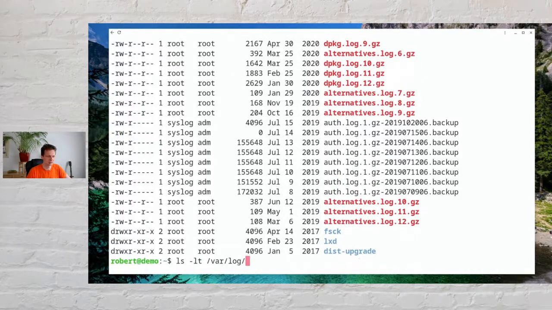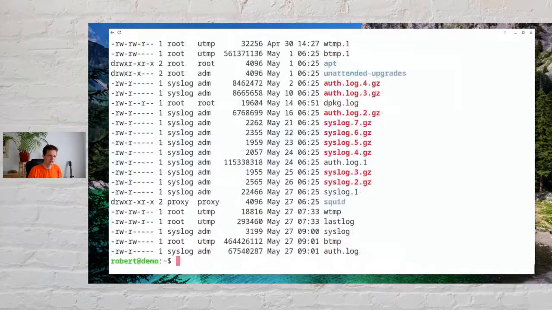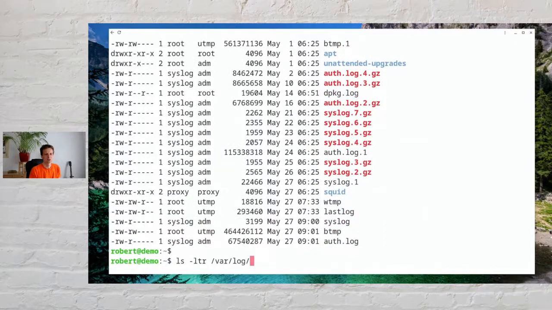sorted the output of ls by the timestamp, and typically, if I want to sort by timestamp, then I want to see the newest files within the last lines of the output. So I want to reverse this output. ls -ltr is the combination of command line switches I use really often to see at first glance what are